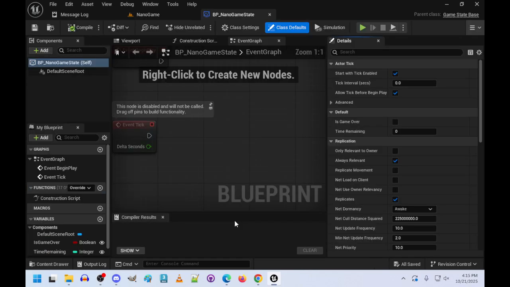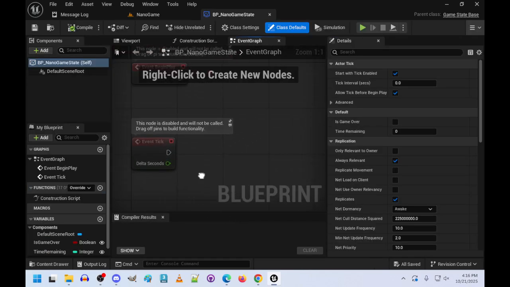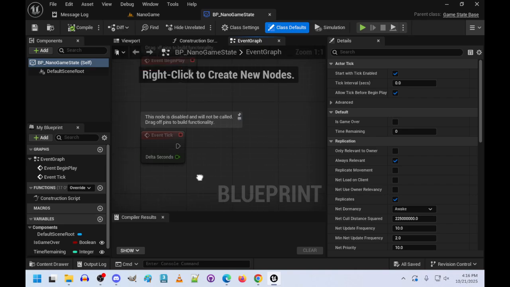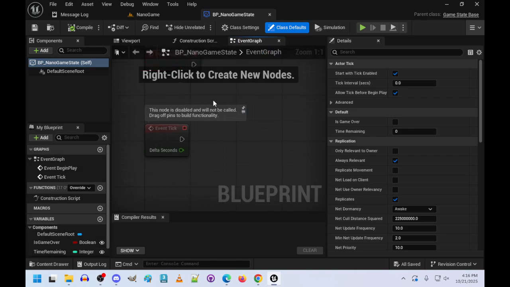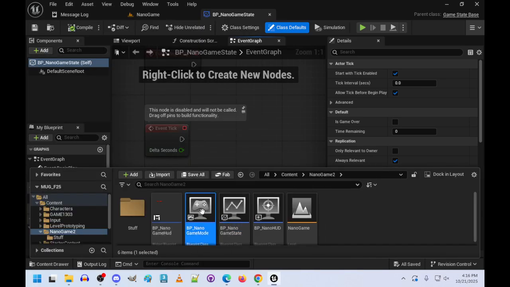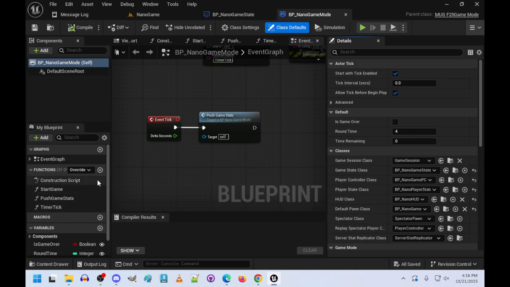Yeah, here's the nano game state. So what I really should have done. No, not here, it's in the game state. Sorry. So in the game mode, what I really should have done is, rather than doing this, I should have instead